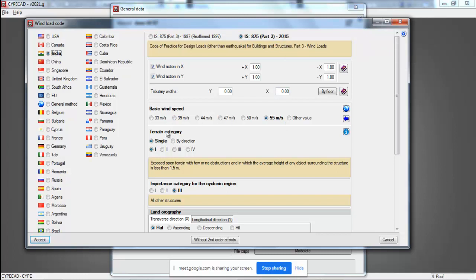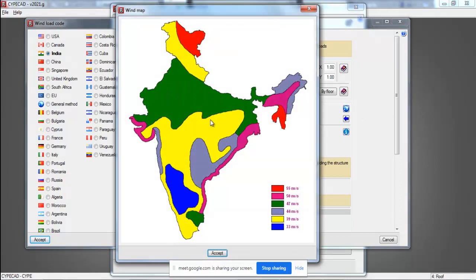You have to give all the necessary information like basic wind speed. The wind speed you can select from the chart. This is a replica of IS 875, our Indian code, here. You can simply use this chart to find out the wind speed.